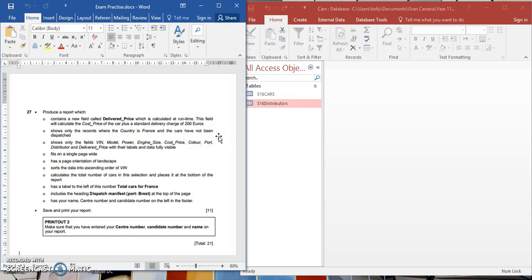Right, so this lesson, as you know, we are focusing on the 2016 exam paper report section. The report is 11 marks and the total for the database is 21 marks. So it's important that we get this right because the report is clearly worth half of the marks. So what we're going to do is I'm going to show you how to create a query and turn that query